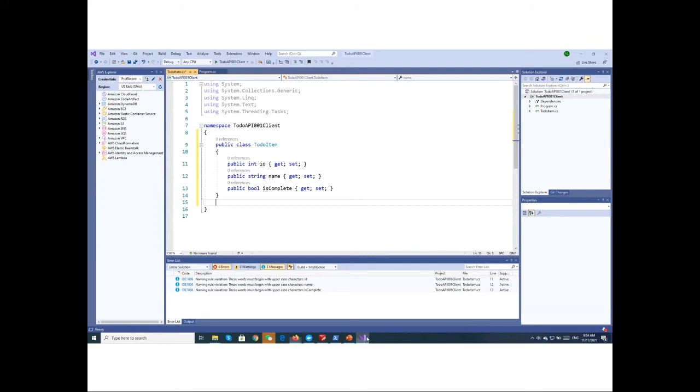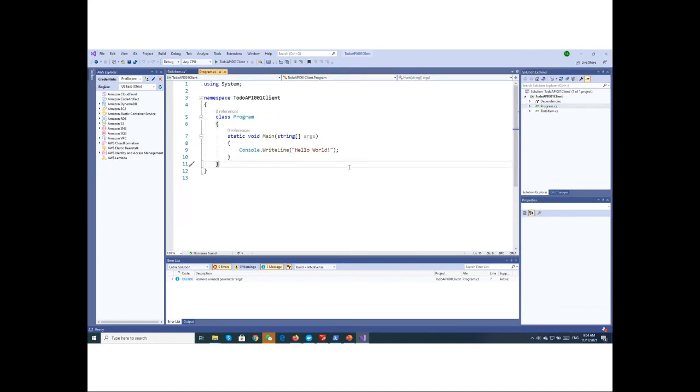Okay, so we already have this data model, but normally, here is the convention, right? For C#, the property name always starts with a capital letter, right? Okay, and we already have it. So now we need to use